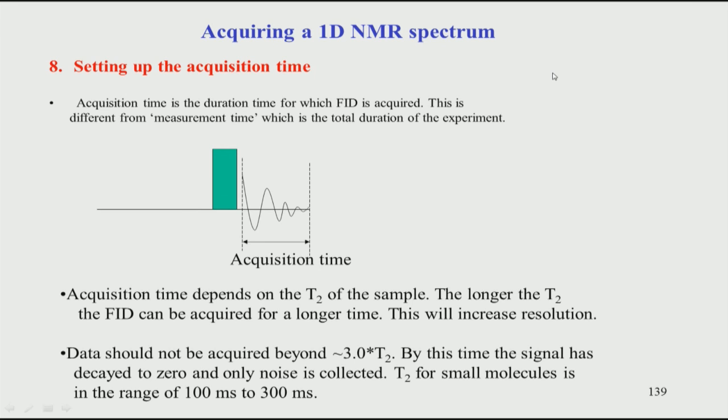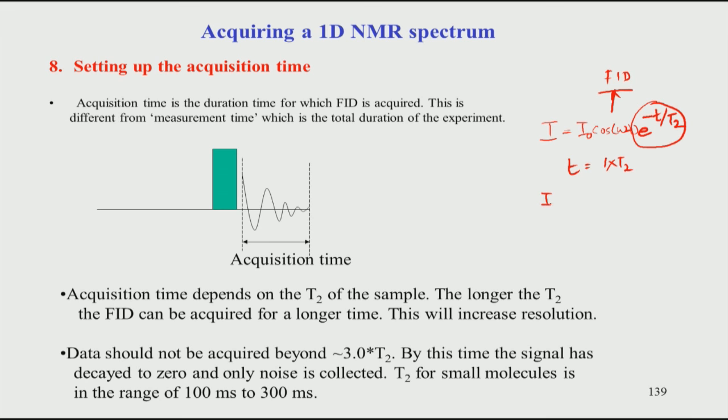This can be shown mathematically, which I will derive now. So, the intensity of this FID is equal to I0 into cosine of the frequency, that is the time-dependent oscillation, into e to the power minus t by T2. This is the form of the FID, this is what we saw in the last class. Now, if you look at this parameter here, this is causing the decrease in the intensity with respect to time.